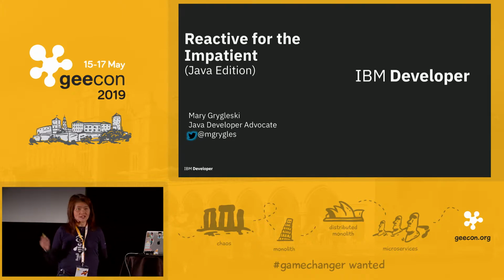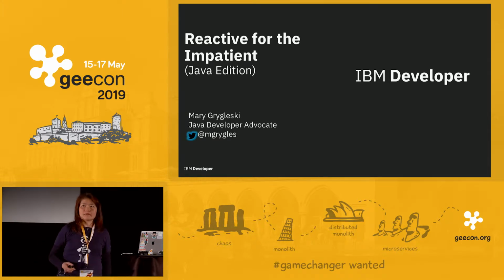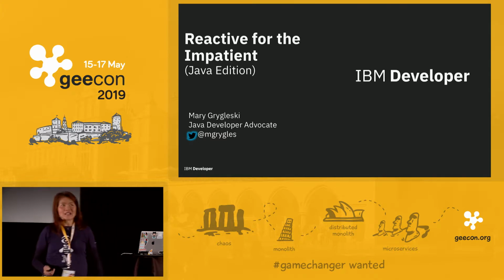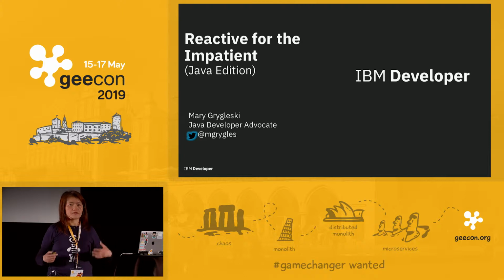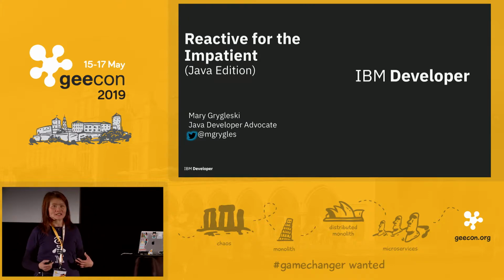So I'm here today to talk about reactive Java. And the title I'm naming it is Reactive for the Impatient. As I was coming up with the title, I was thinking that reactive systems are really meant to be built for people like us. We are, by nature, very impatient, like we can't wait. So that implies a sense of urgency and responsiveness. That's how I picked this title, Reactive for the Impatient.